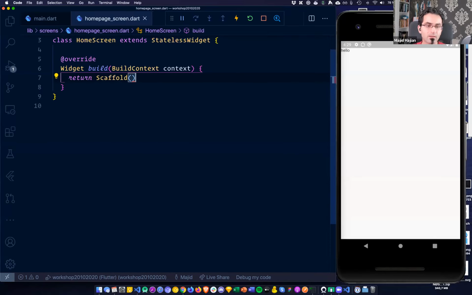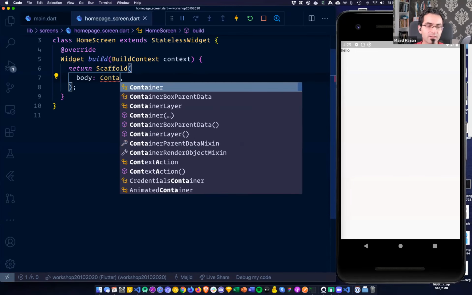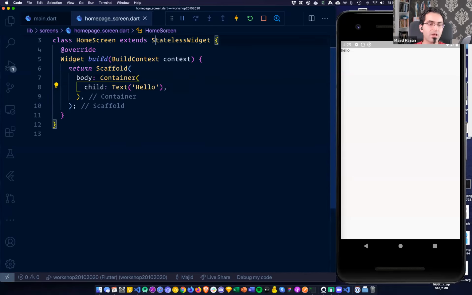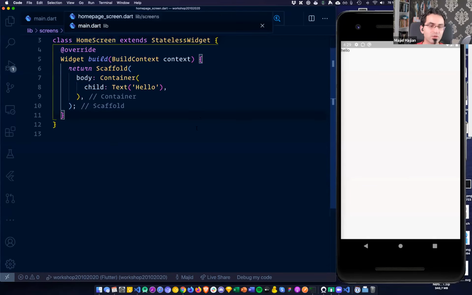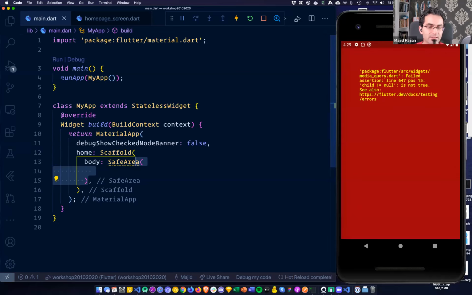And that gets a body, and that gets a container, which is going to get a child, and that's a text, hello. This is a component that I created. So what I'm going to do now is remove this home. Let's remove it one by one. I remove this child, and then this safe area, and then